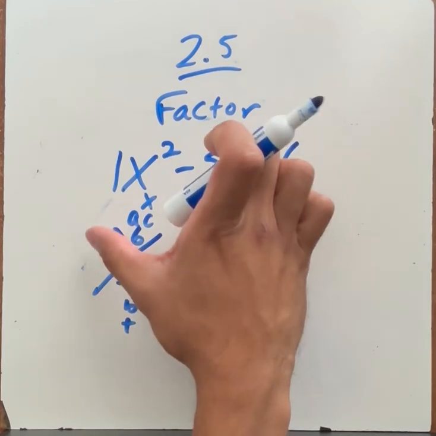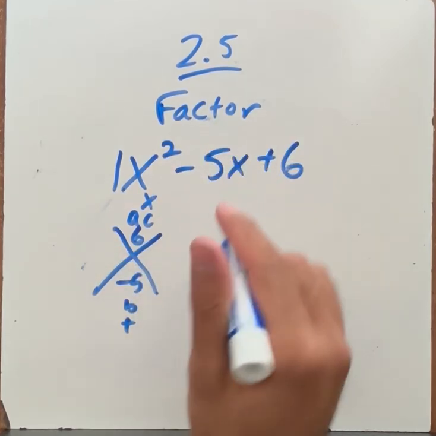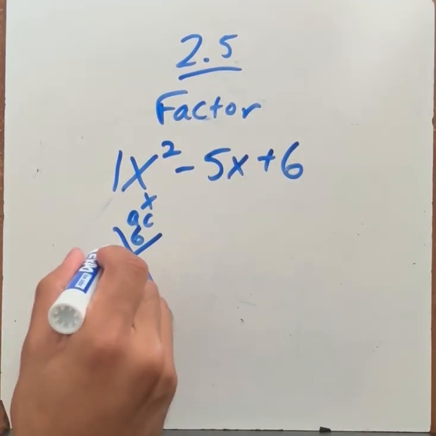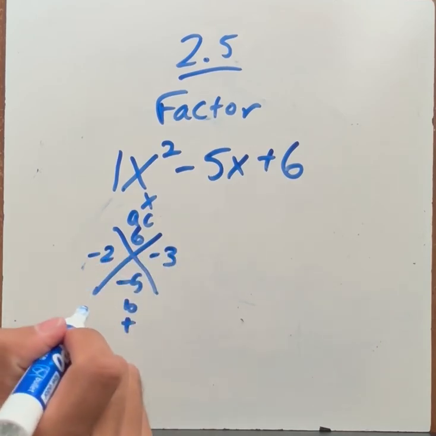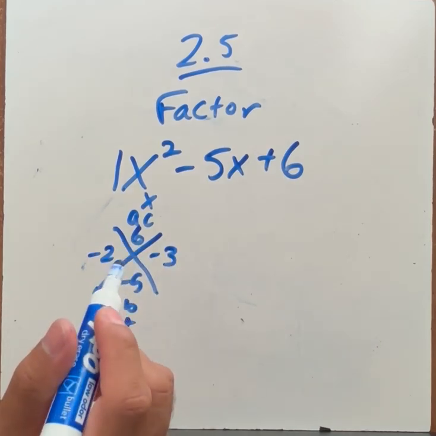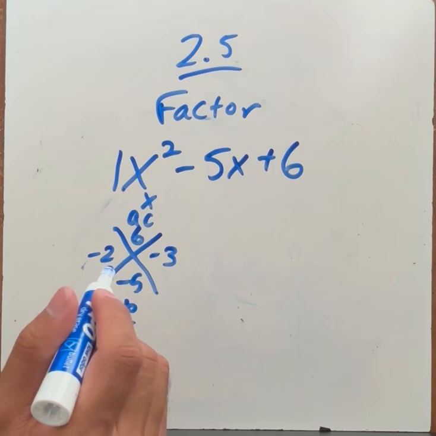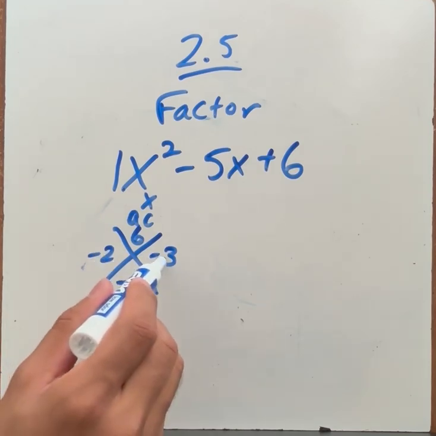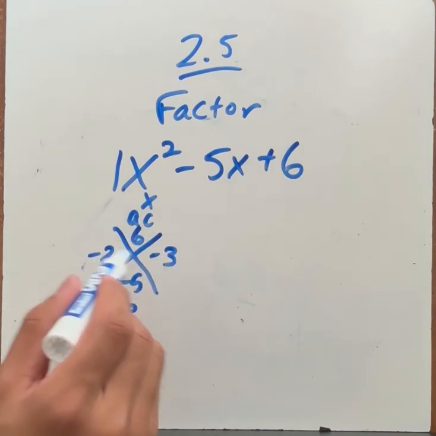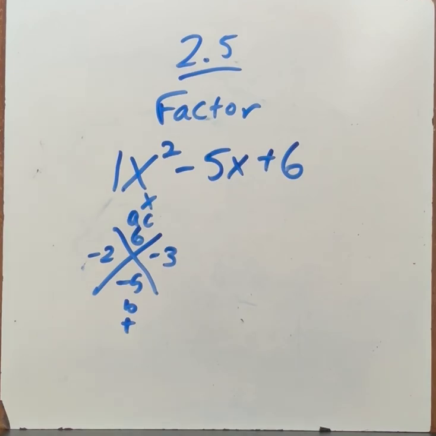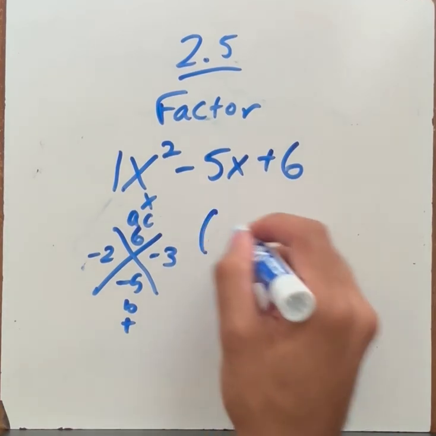That would be negative 2 and negative 3, right? So we can test numbers like I did, but we realize that those won't work. And so then we see that negative 2 times negative 3 is positive 6, and negative 2 minus 3 is negative 5. So plugging into our parentheses,